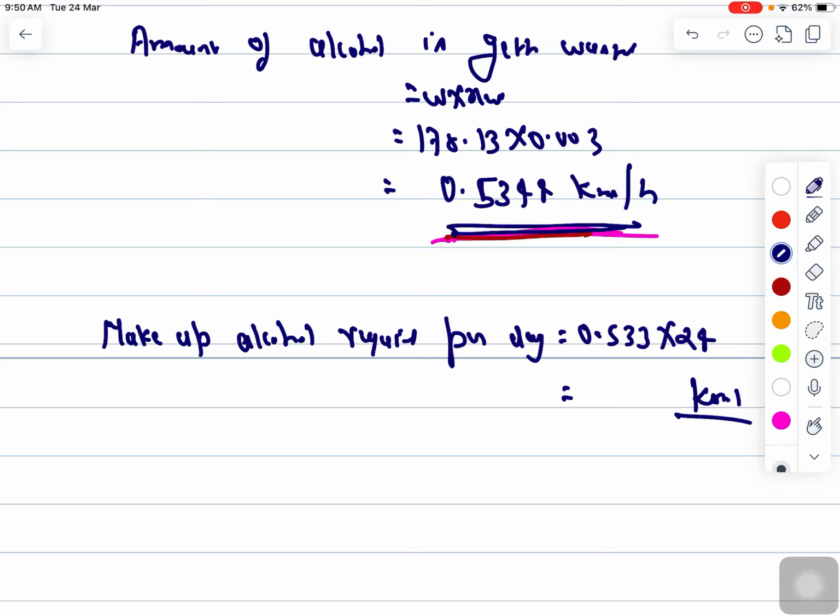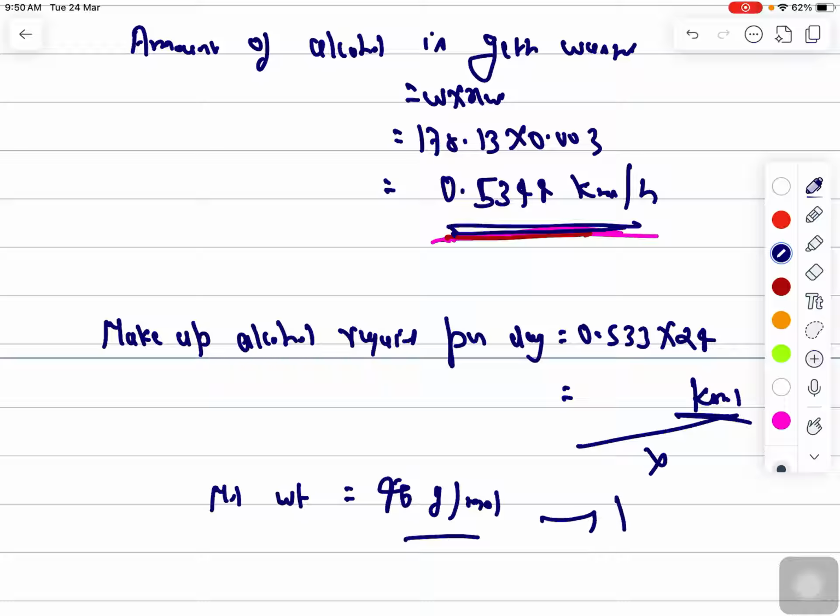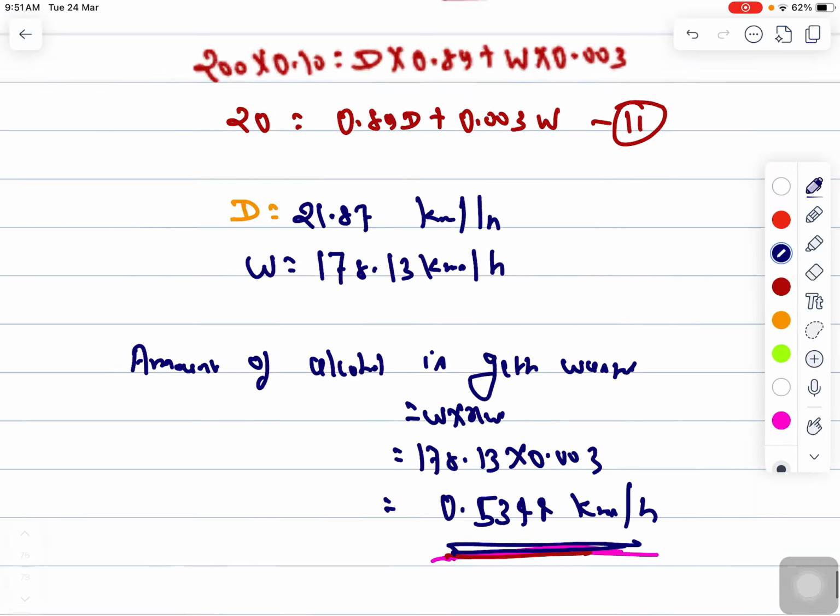Sometimes they can ask you in kg also. So you have to calculate for ethanol: what is the molecular weight of ethanol? I think it is 46 gram per mole, right? So you have to multiply this by 46 gram per mole, and then you can convert this into kg as well. It depends in which unit they are asking, kg per day basis or kilomole per day basis, something like that. Okay, so this is how you perform the material balance